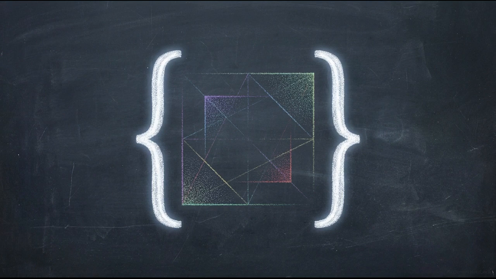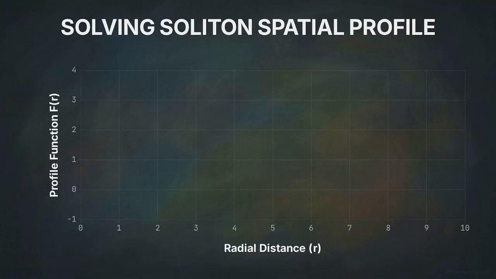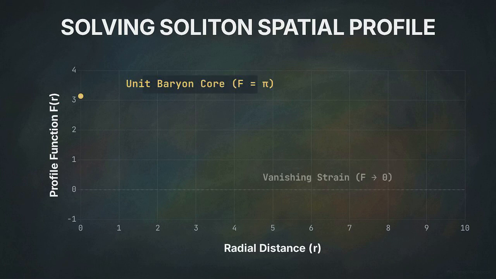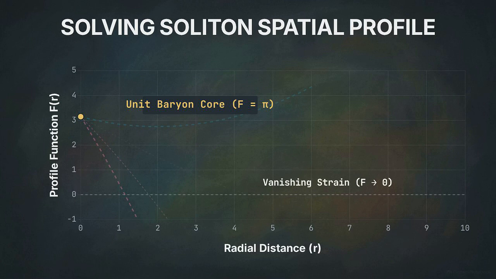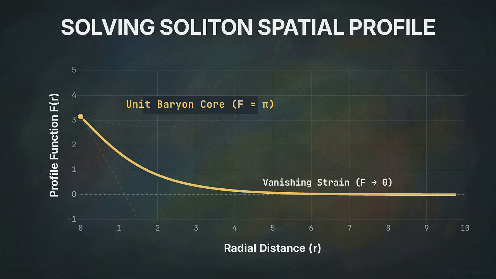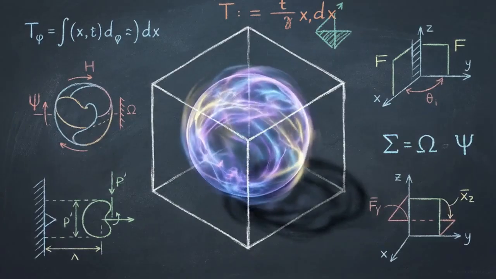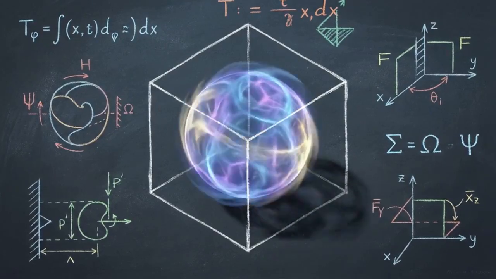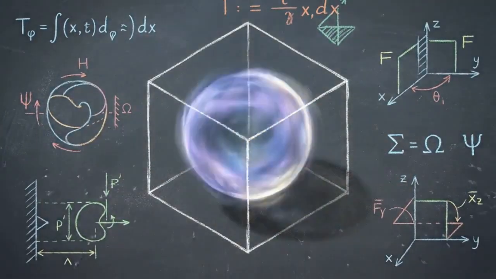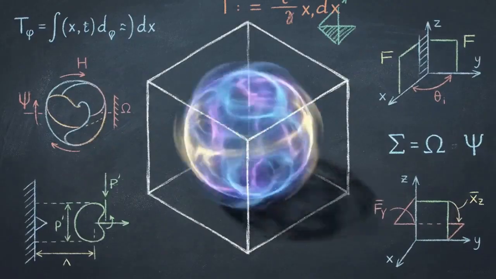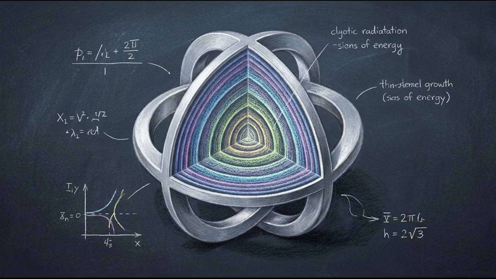We constrain the equation using physical boundary conditions. The profile function f of 0 must equal pi at the core, and f of infinity must equal 0. This forces a regular core structure with a unit baryon number at the center, while ensuring mechanical strain vanishes at infinite distance. We execute high-precision numerical shooting methods to identify the exact spatial profile that satisfies both boundaries. A nucleus achieves a stable configuration as a mathematical inevitability, forced into shape by the topological boundaries of the elastic continuum. With the spatial profile solved, we can integrate the energy density over the soliton to extract the macroscopic binding